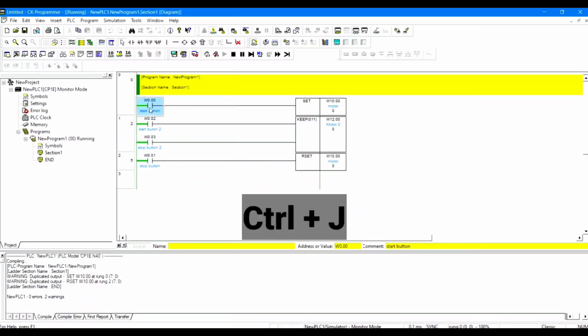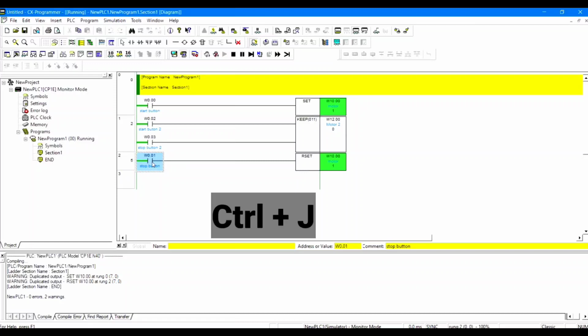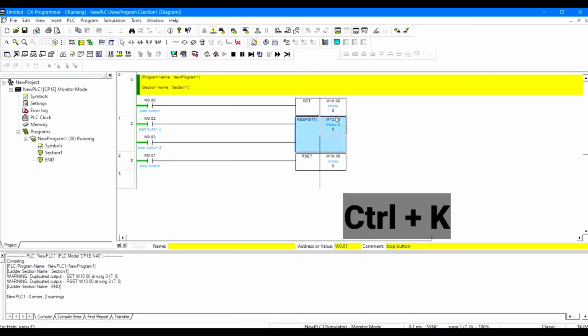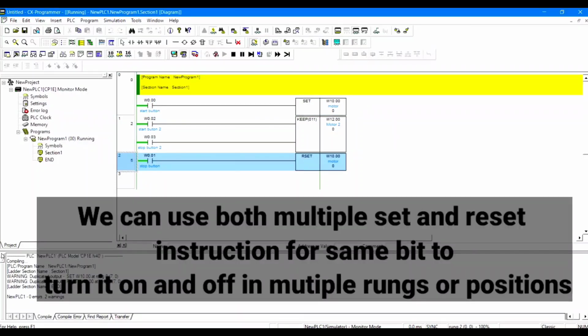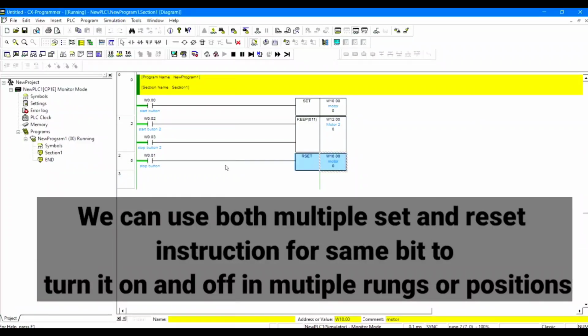Like we set it, the motor is turned on. To turn it off, we have to press the stop button. But in the case of KEEP, both the set and reset buttons are in the same rung. But in SET, the set button is in a separate rung, and the reset is in a separate rung. We can use multiple reset instructions also.